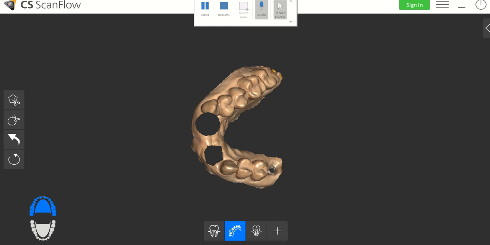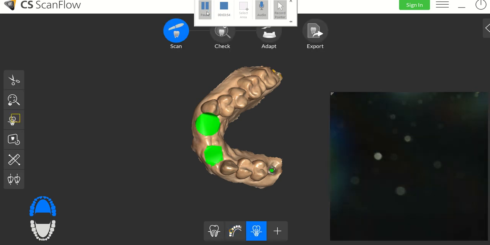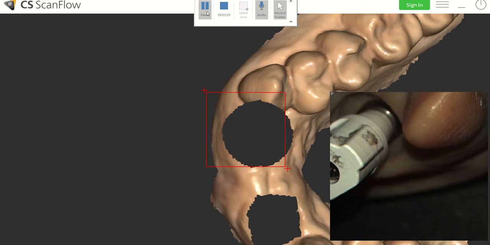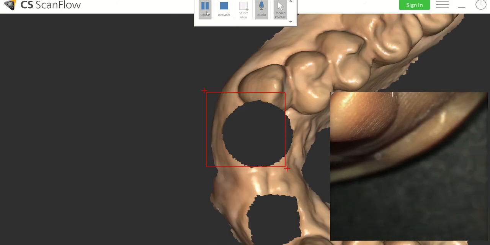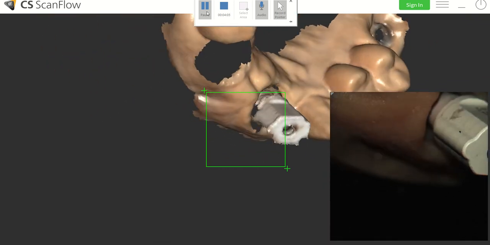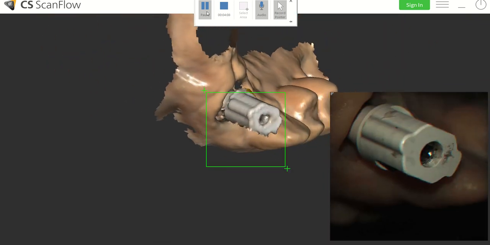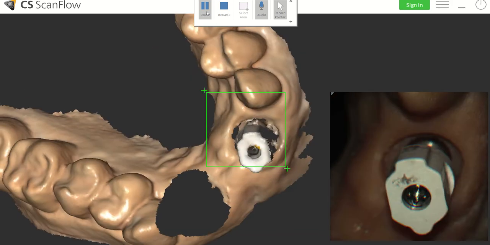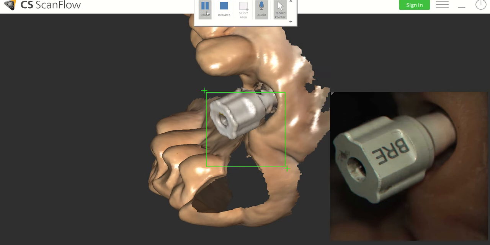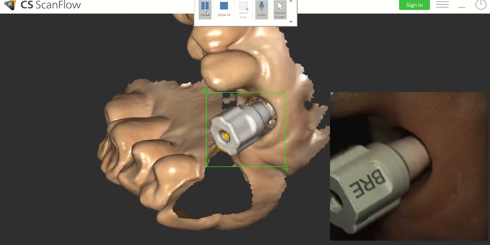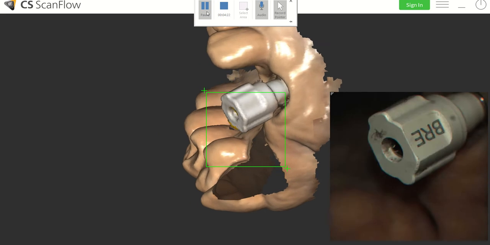Now I'm just going to pop in the scan body into one site and show you the locking tool. So I'm going to add this scan body into the arch. So let's just pick up. There we go. All right, we're flying. Approach it from every angle. Okay, so if we want to use that scan body